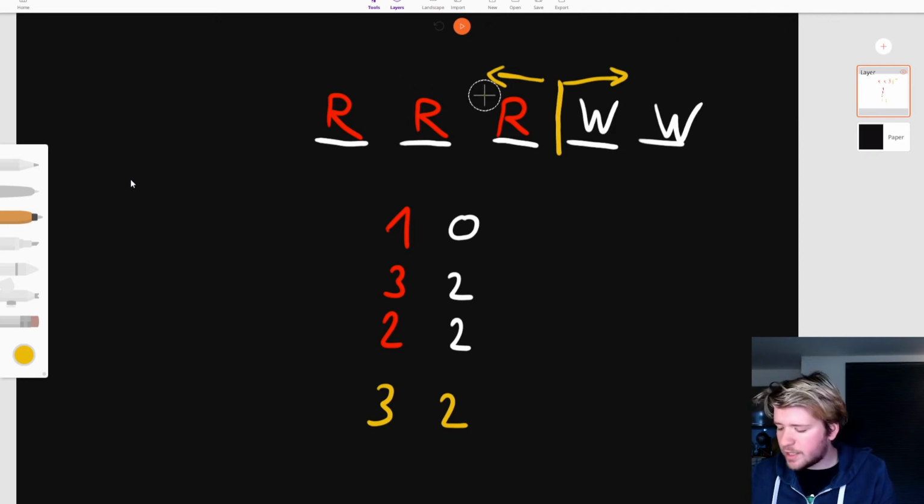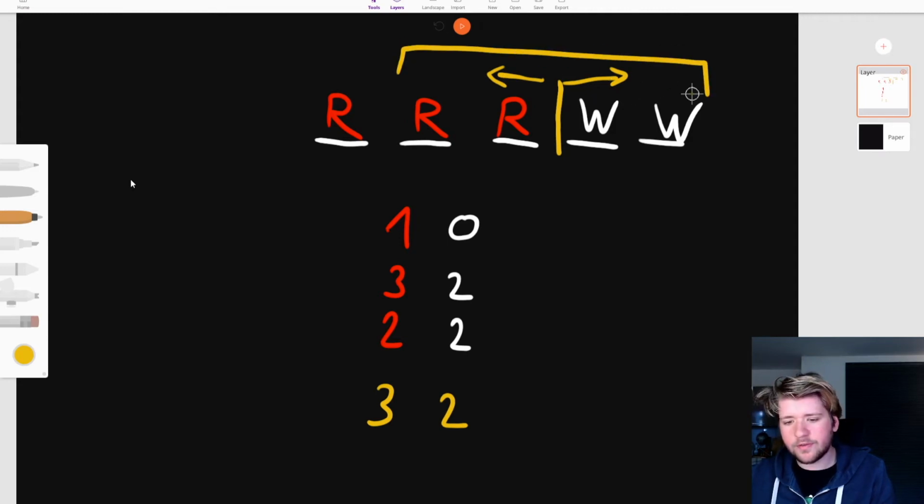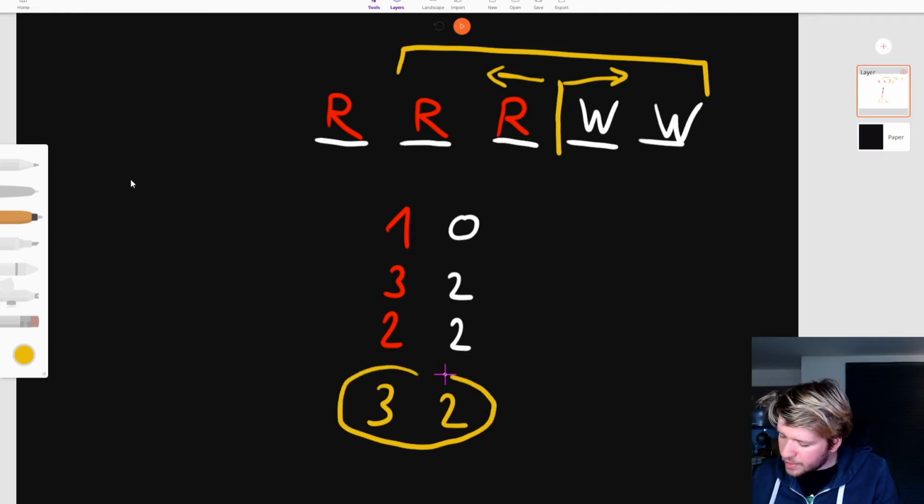So for example, here with the 2 and 2, we can take this segment. So 2 bottles to the right, 2 bottles to the left. And so as long as the sum of those 2 values is not more than the number of bottles that we have to put on the table, we will always have a way to generate a solution.